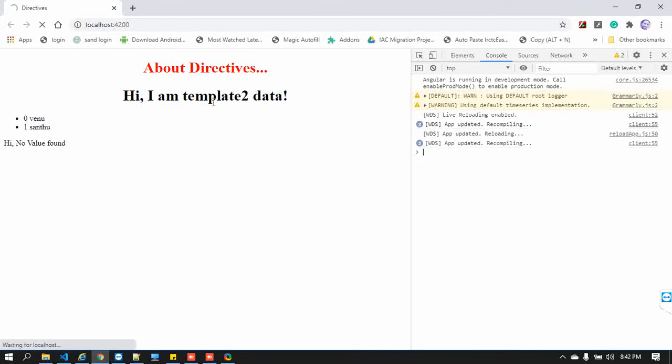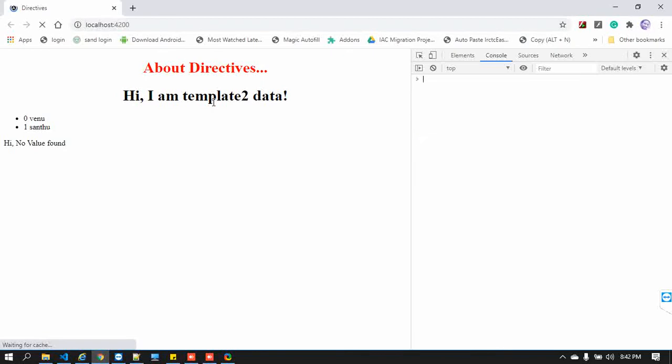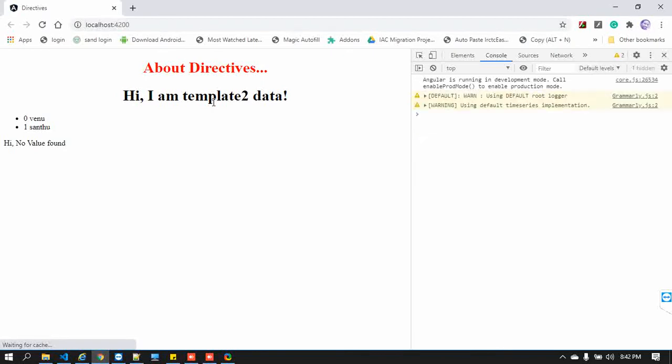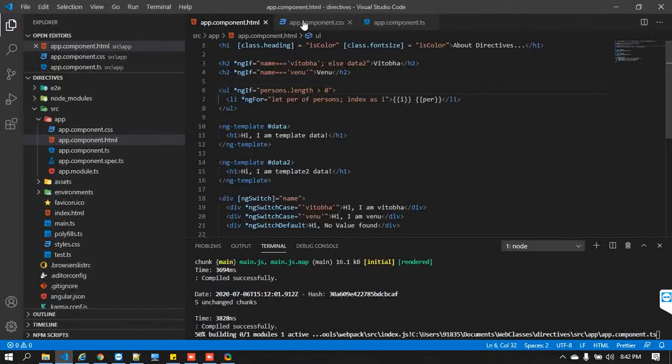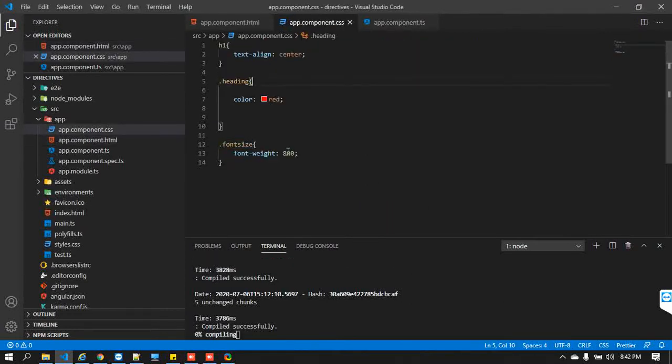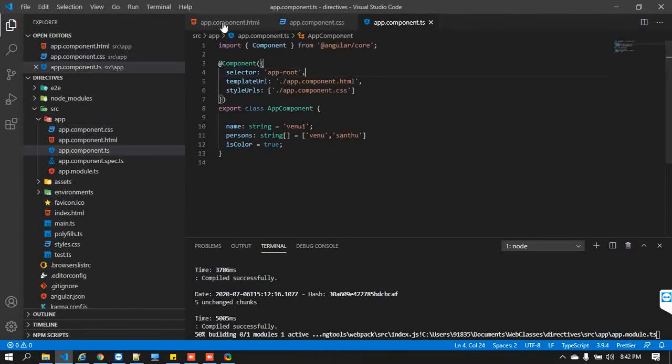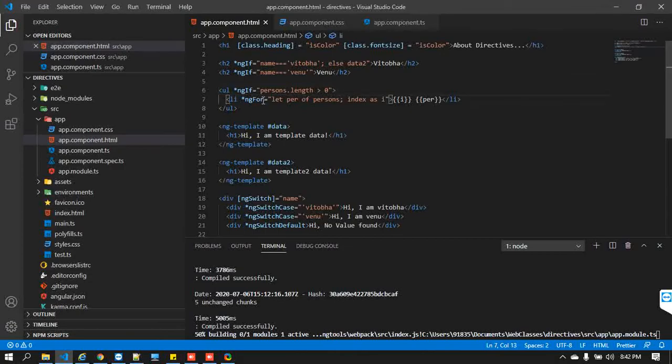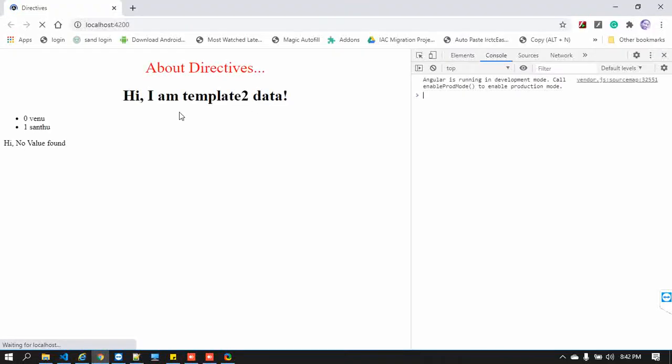See here, if you look. Just a minute, we need to save it properly. Let me give 100 so that we can see the difference. Yeah, get back here. Yeah, now it is applied.